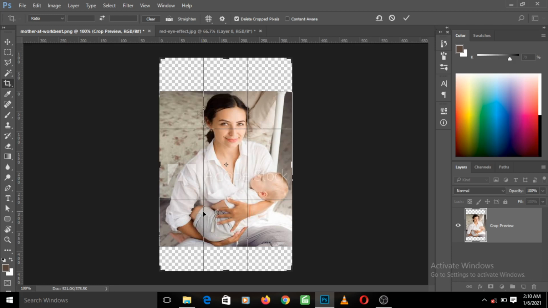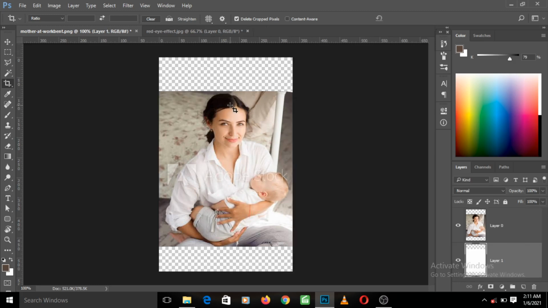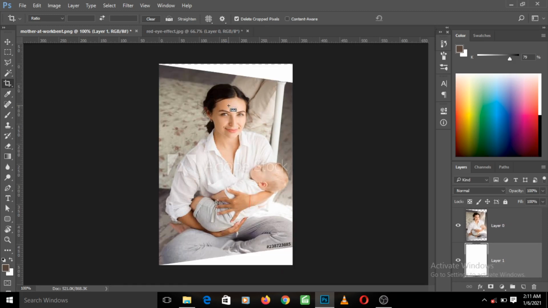Just in case you use the crop tool and feel that you made a mistake and want to go back to how it was before, it's best you leave delete cropped pixels unticked so that you can go back and make readjustments. So this is just what you need to understand. Let me press Ctrl Alt Z several times just to take it back to how it was before. So that's the first part of cropping.